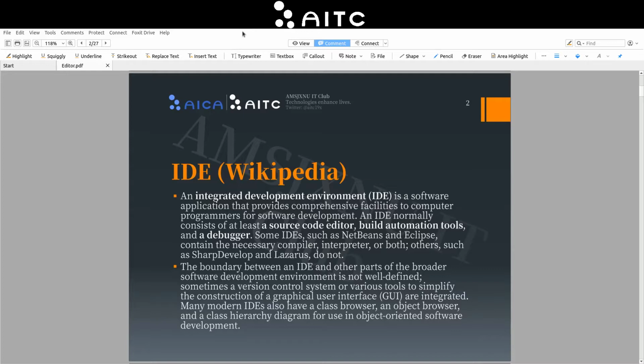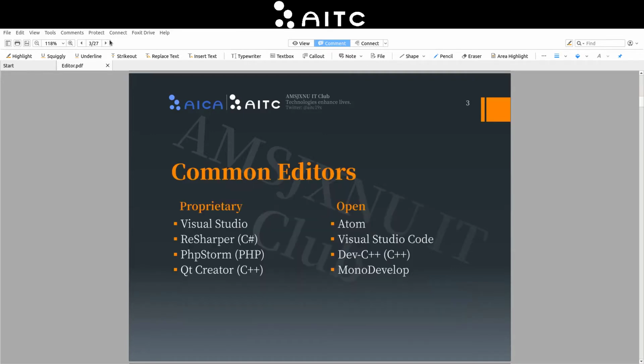Many modern IDEs also have a class browser, an object browser, and a class hierarchy diagram for use in object-oriented software development. For example, there are some IDEs: Visual Studio, Microsoft,